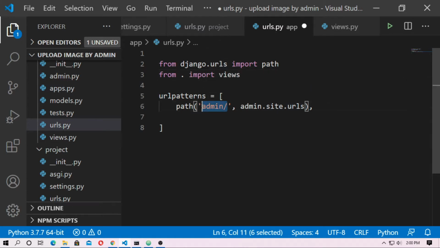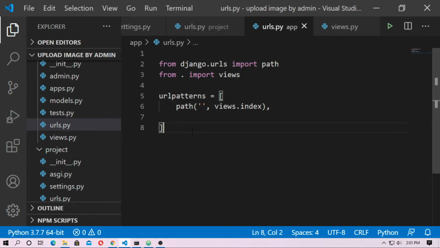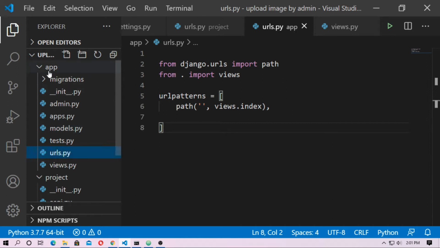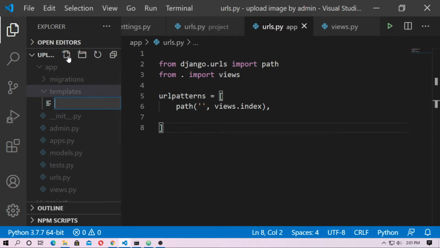Now this is for the landing page, so just give the function name views.index. Now go to the application and create a folder named templates. Okay, now create an HTML file index.html.